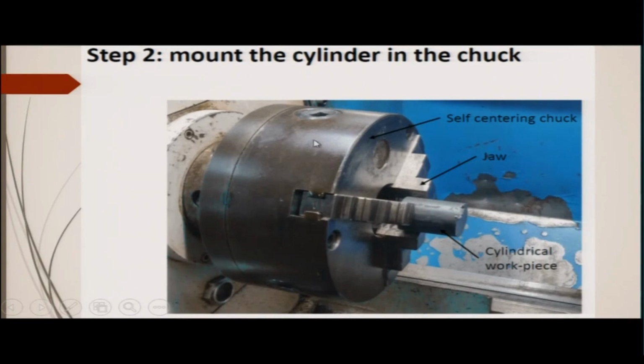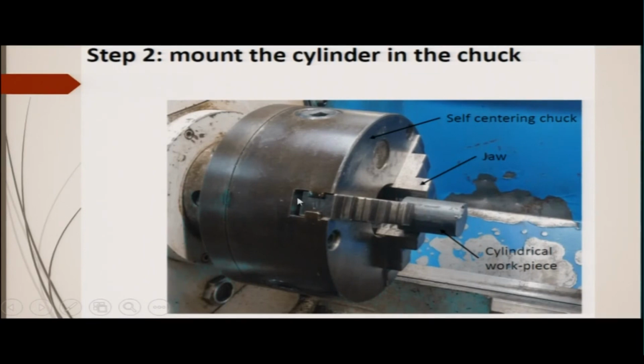So, here we will see that this is the self centering chuck, as I said, that this is the 3-jaw chuck. These are the jaws, this is one jaw, second one, and this is the third one, and this is the cylindrical workpiece which is mounted. You can rotate this so that all the 3 jaws will be simultaneously moved coaxially, and the part will be mounted on this, so that the axis of this cylindrical workpiece will be coaxial, okay, with the axis of the